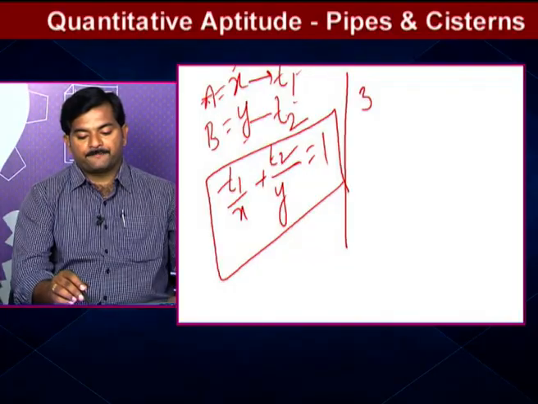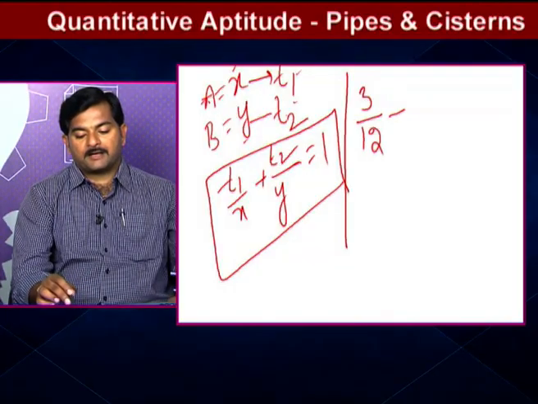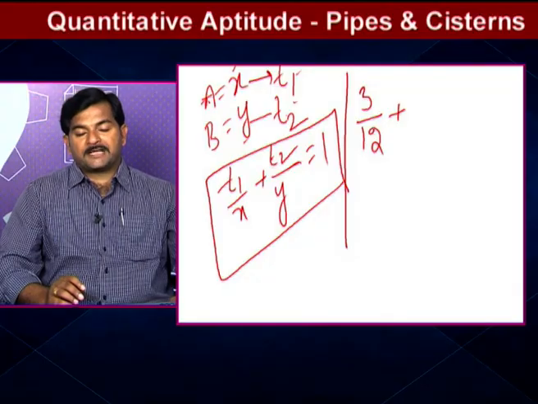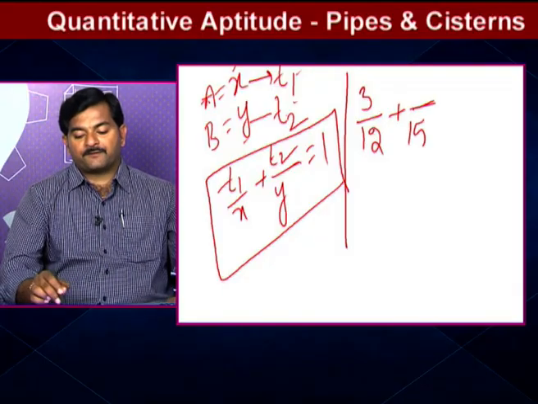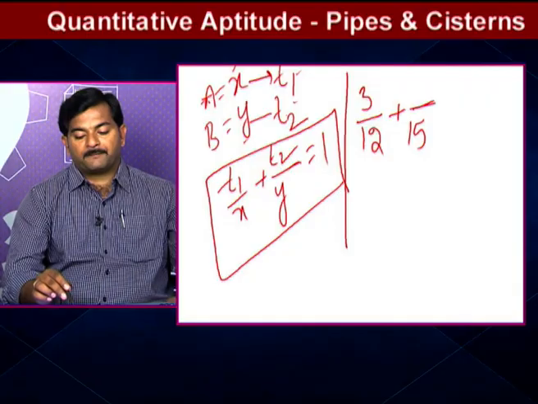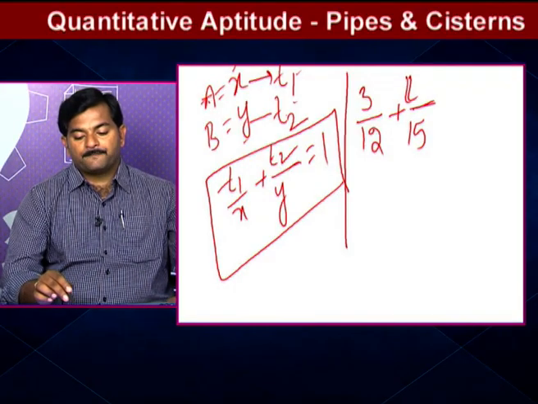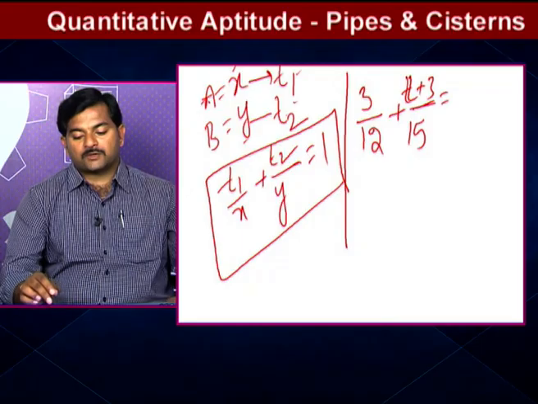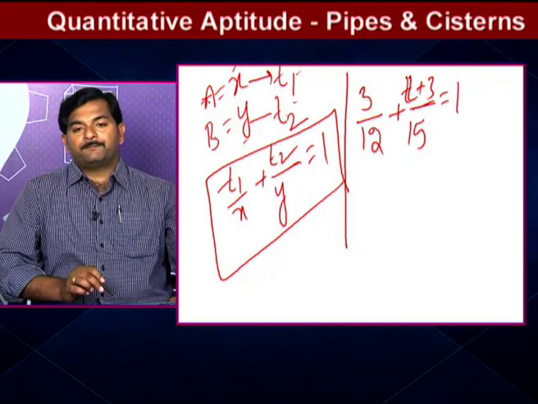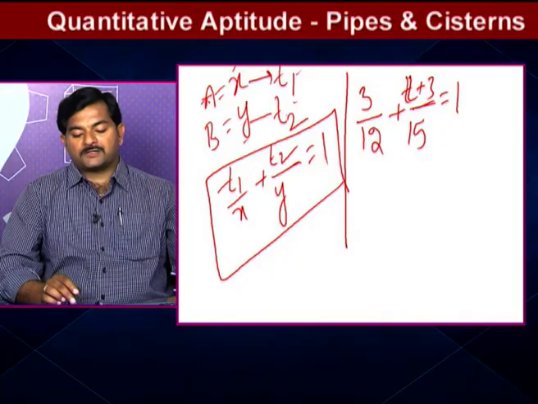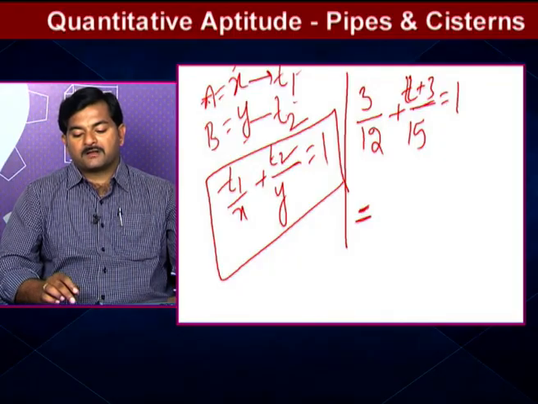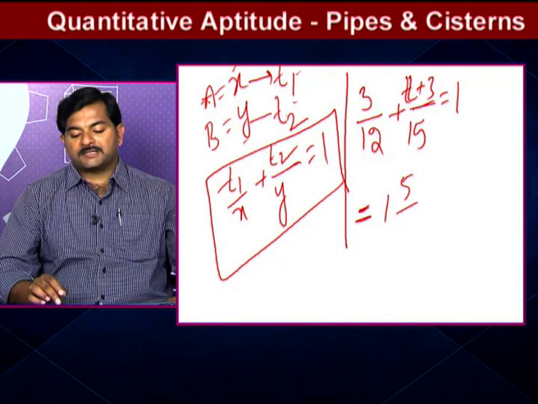So by using this, for example, T minutes are required. If you observe here, if you apply this concept to this question, pipe A worked for only 3 hours, that's why 3/12. And the second pipe B worked how much? 15 hours. So for example, B alone takes T, so total work can be filled as 3/12 plus T plus 3/15. If you solve this, you will get the answer as 1 5/6 hours.